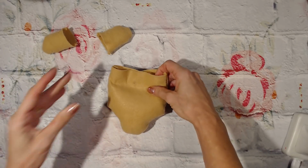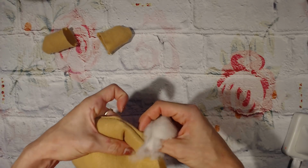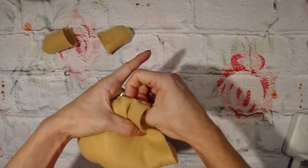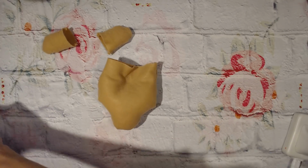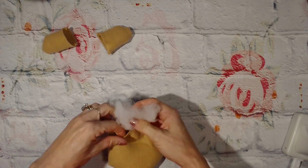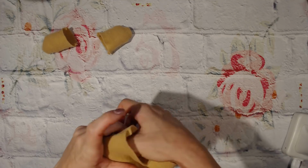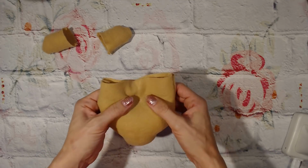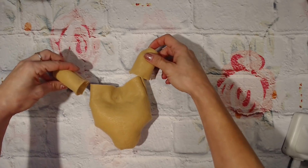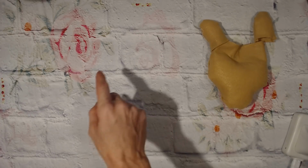I think I want more stuffing. So I'm gonna make this more defined on the cheeks. I'll shove that in there. Okay, so there you have your face, your ears, just a little bit of stuffing. They go like that. We'll set that aside, and we'll do the